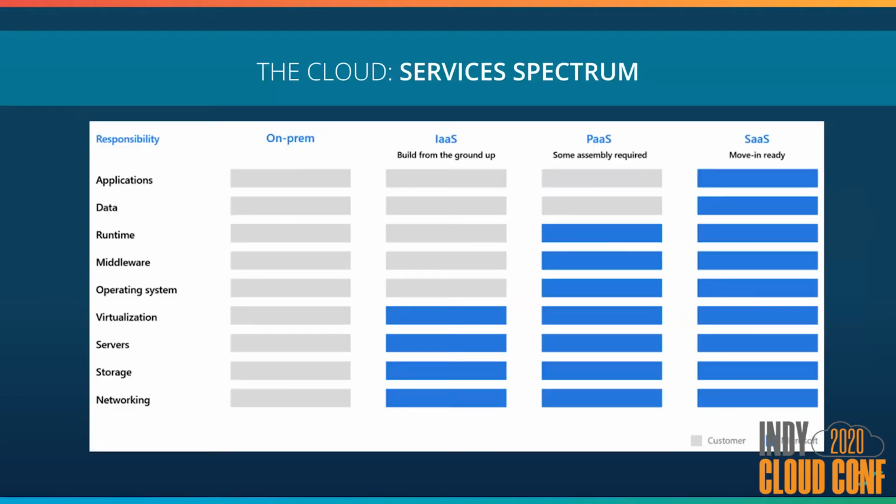Next, let's talk about, and this is the final cloud generic thing that we're going to talk about. It's this thing called a services spectrum. And this is where we are talking about the range from an on-prem type of service to the various types of cloud services. IaaS, infrastructure as a service, it's